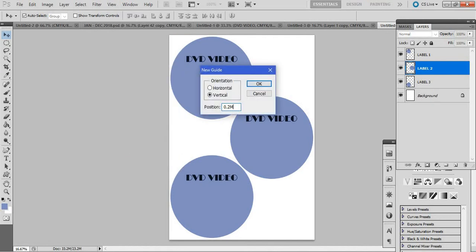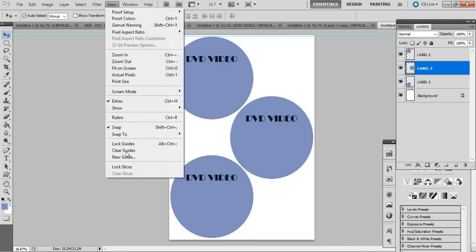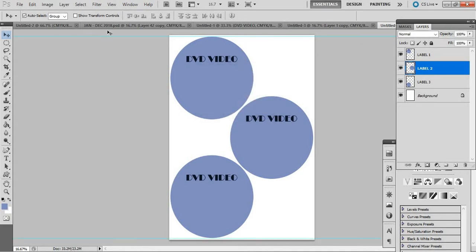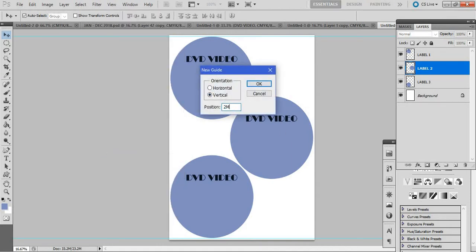0.2 cm horizontal, so it should be something like that. And then of course here is 297, right? So you should get somewhere about 295 millimeter, something like that. And then the vertical also, you can put in the vertical, let's say 2 millimeter,